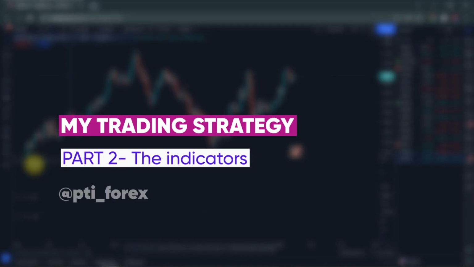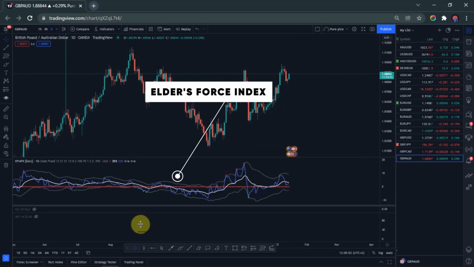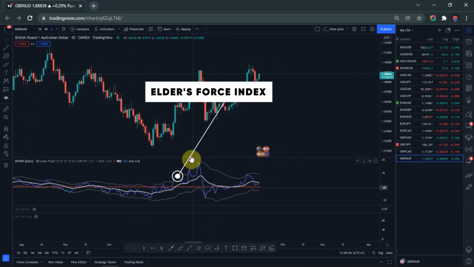Let me start with the first indicator. So I'm going to start with the force index. Let me just make it visible like that. So here we are. This is